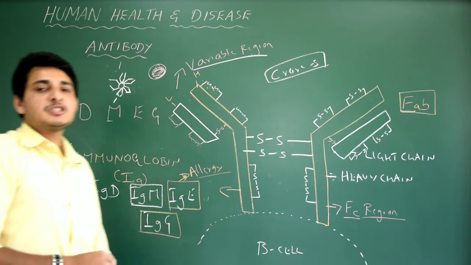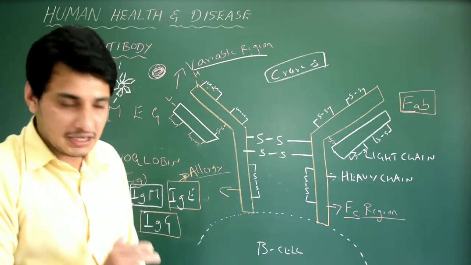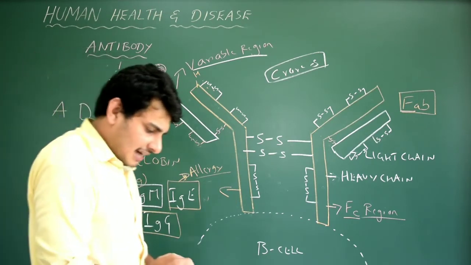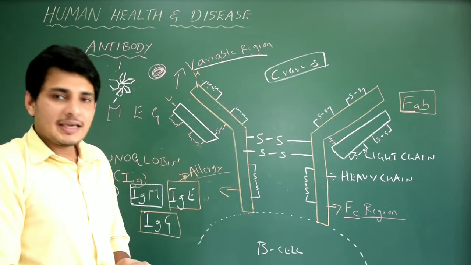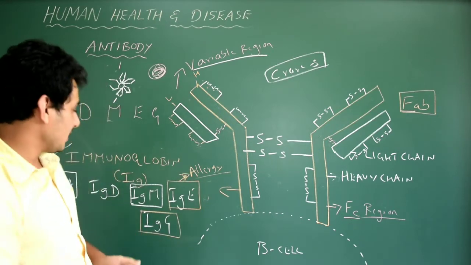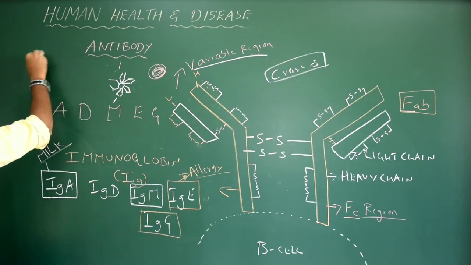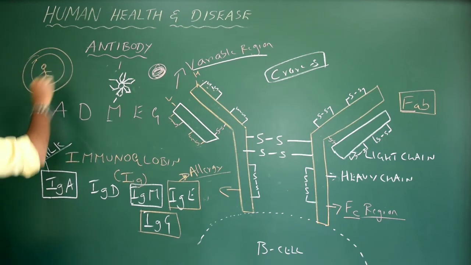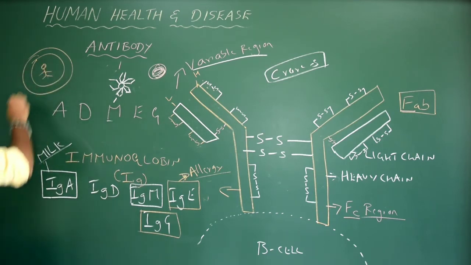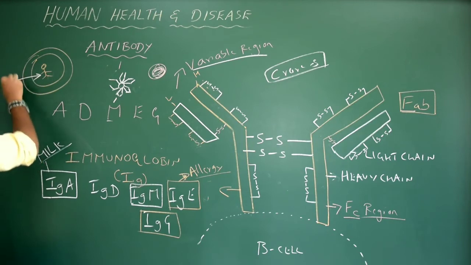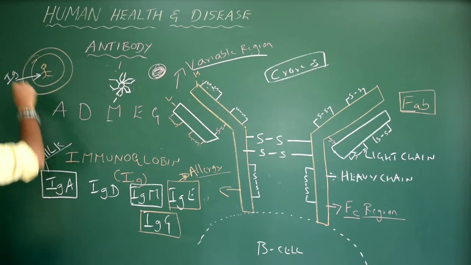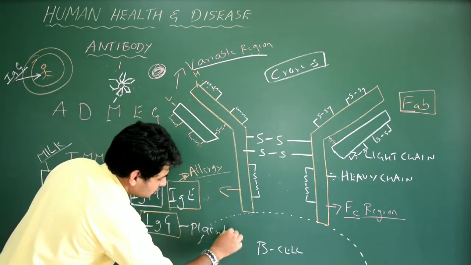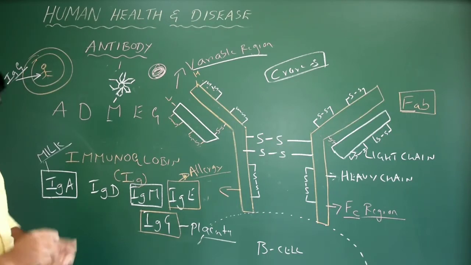You get one more question. Name the immunoglobulin which passes the placenta, which can actually cross the placenta. See, there are so many antibodies, obviously 5 antibodies. All cannot pass the placenta. Hope you know what is placenta. So this is the uterus, and this is now the placenta, and what is there inside the placenta? A tiny baby is developing. So here the only antibody which can pass the placenta is IgG. Note this point. It can cross placenta. Very important, common last questions about the antibody. All these things are very important.